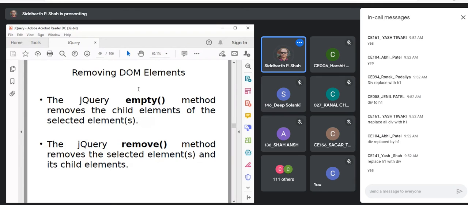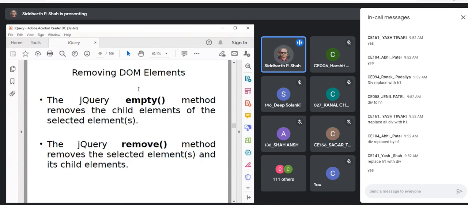Now there are a few methods that we are going to discuss. There is one method called empty and another method called remove. When you call the empty method, it will remove the child elements of that particular selected element. So wherever you call the empty method, for that element all children will be removed. When you call the remove method, it will remove the children as well as that same element.